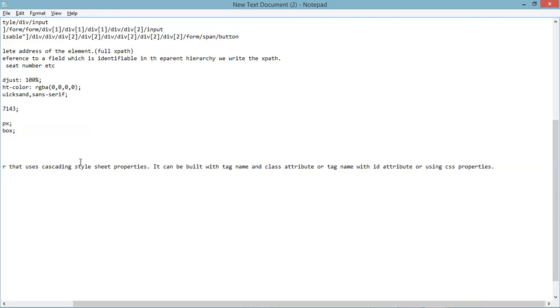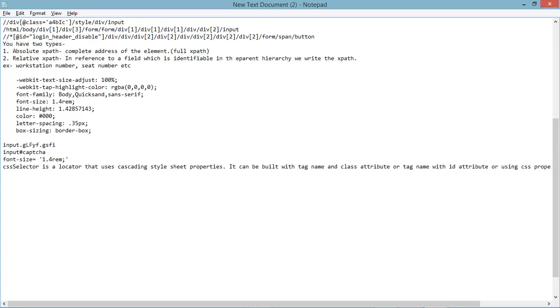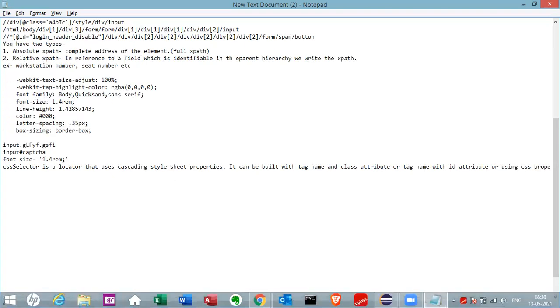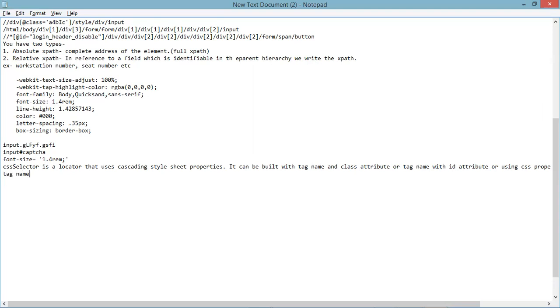Make a note at the next enter button. Tag name dot class name. Give a hyphen or an arrow there, greater than symbol. Dot is used for class attribute.